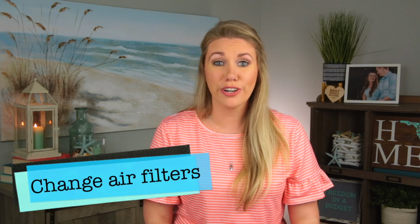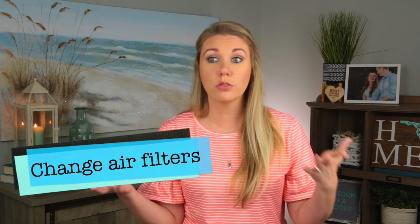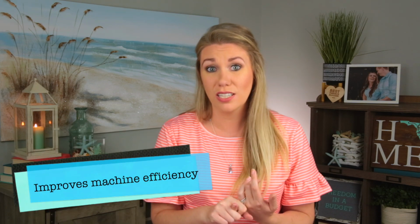This next one is an easy fix, and that is making sure that you're changing your air filter, especially if you're living in Florida, if you have pets, if it's pollen season, if it's high humidity, anything like that, especially in the summer months, make sure you're changing your air filter. That's going to help improve the efficiency of the machine so that it costs less when it runs, and it's going to help with just the air and the